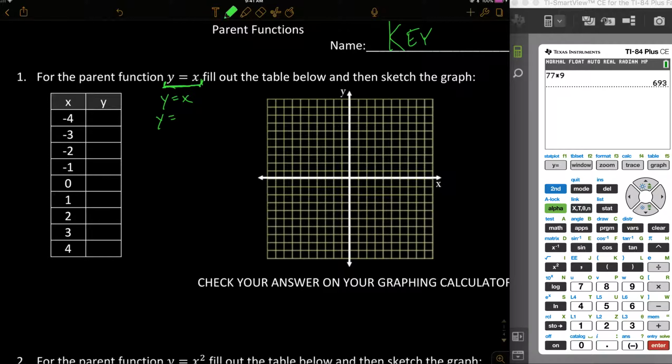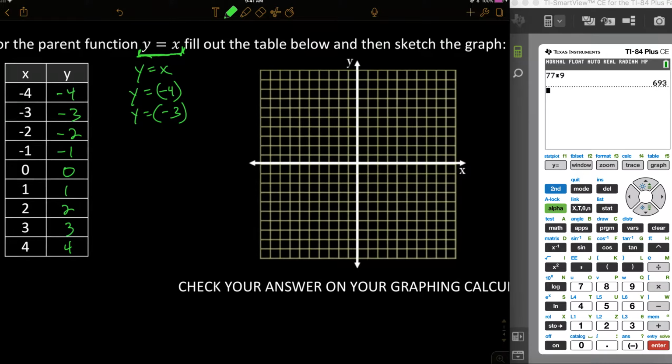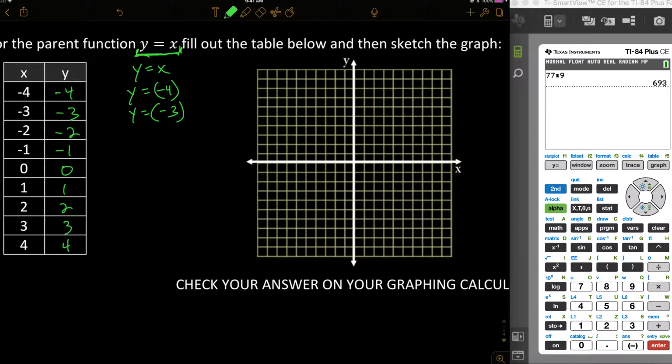If I plug -4 in for x, and then I solve for y, I get -4. If I plug -3 in for x, I solve for y, I get -3. This one's a pretty easy one, so that's what keeps happening. So now I'm going to graph those tables, and I'm sure you're familiar with this y equals x equation, but